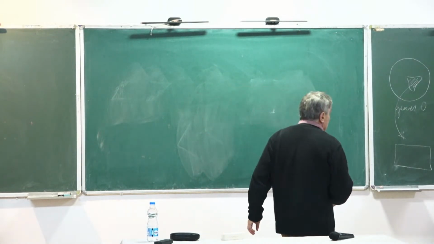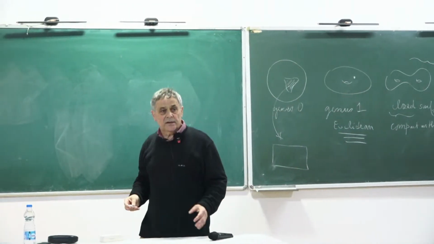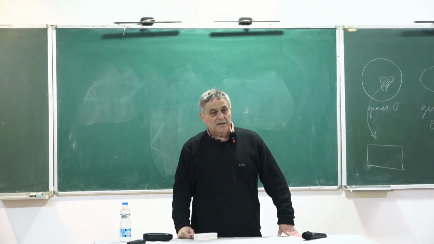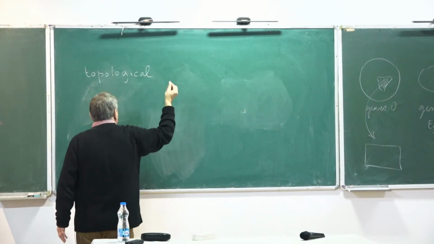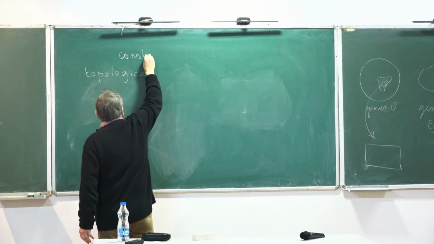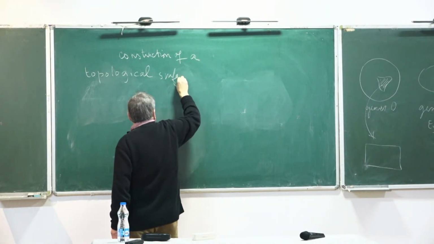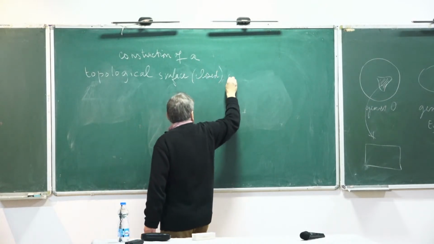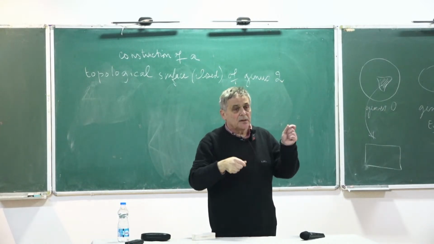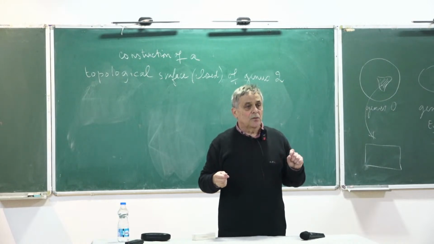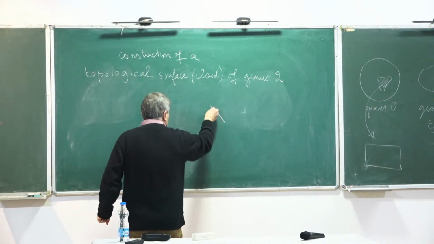I'm just mentioning this. Okay. Yes, I want to arrive now at the hyperbolic case. And I want to do the same kind of construction. First of all, there's a topological construction of a topological surface. We're talking now about closed surfaces of genus 2, which is obtained by gluing some polygons in the plane. Those of you who had some topology course on surfaces know how to do this. If you don't know, I will not spend too much time on this, but you take